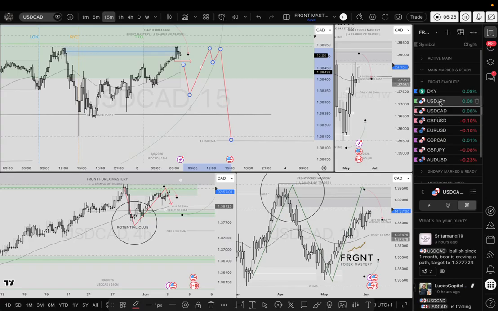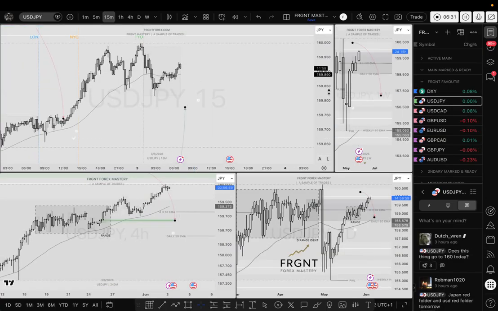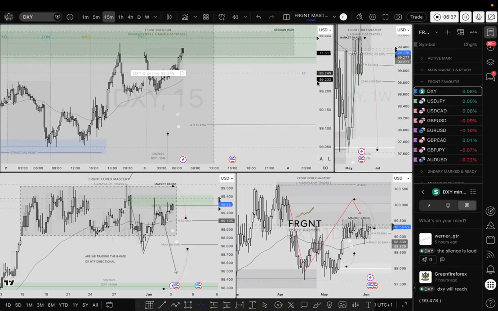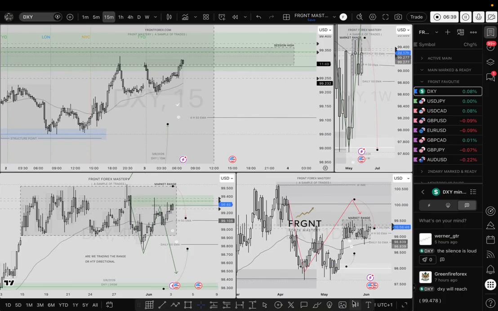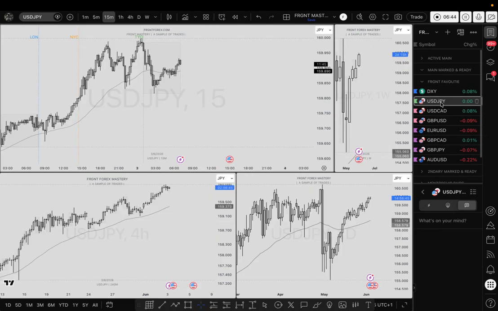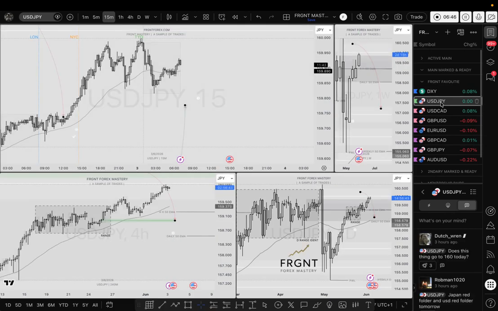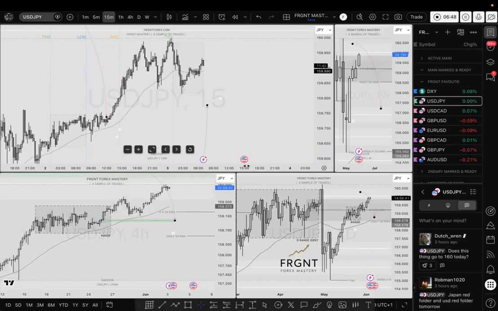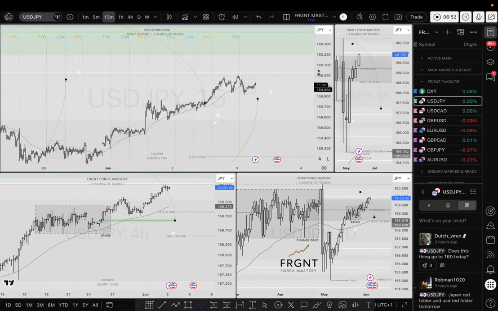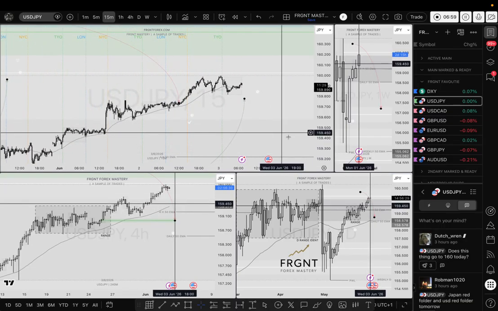So what else do we have in the market today? UJ. So recognizing that we do potentially have some upside on the DXY, but also recognizing that we are at session high and the DXY has a potential to move short from this area. Is there anything short potentially on UJ, or are we getting any signs on UJ that UJ could continue further towards the upside, which would mean that the DXY would also follow suit, or rather the DXY would move and the US dollar JPY would follow suit, to be completely accurate.